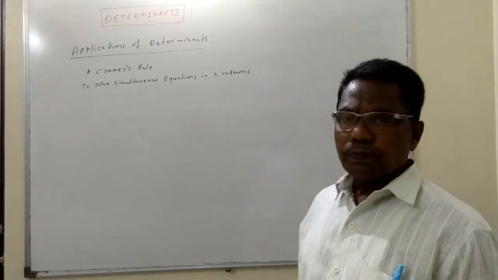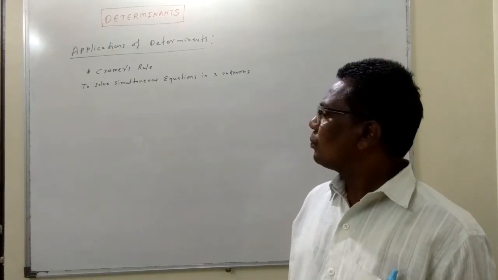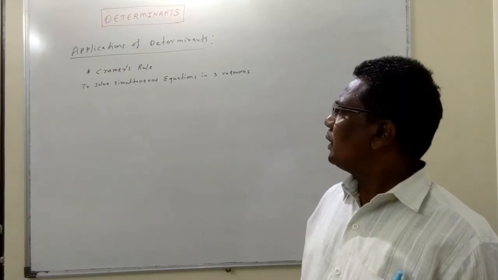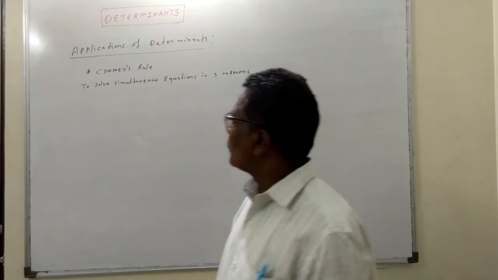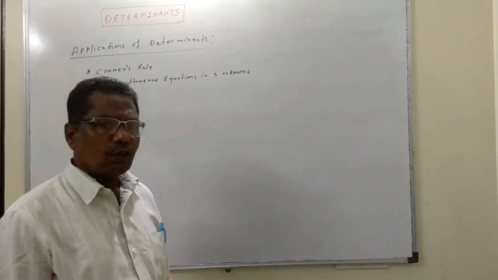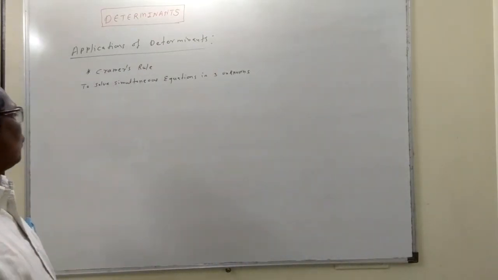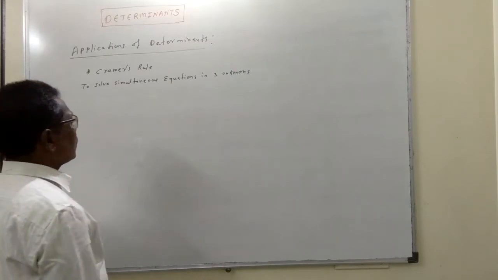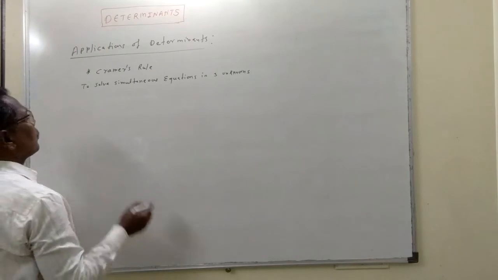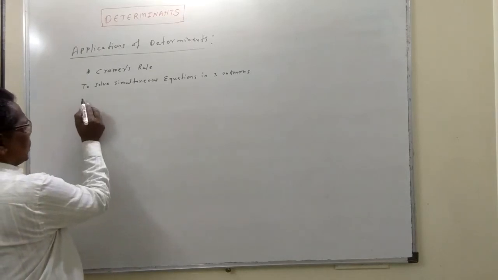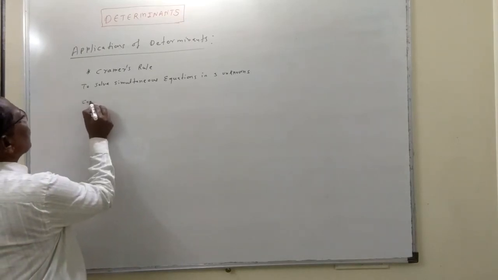Last period, we have studied application of these determinants, that is the Cramer's rule, to solve the simultaneous equations in two variables. Now today we will see Cramer's rule to solve simultaneous equations in three variables, three unknowns. So we understood this method. So consider